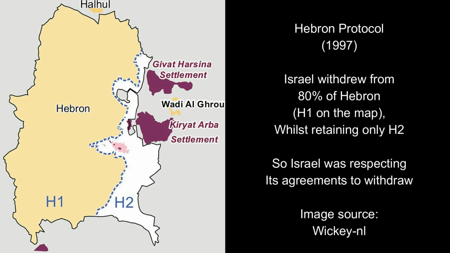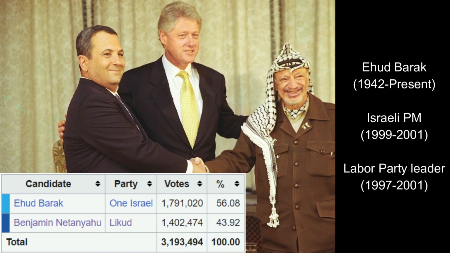So as a result, this ended up leading to the Hebron Protocol. This is where the Israelis decided that they were going to withdraw from 80% of Hebron in 1997. So 2 years after this, Ehud Barak, who was from the Labour Party, ended up getting elected again. So Bibi was out of office now. So again, it seemed that with the Labour Party being in, they were going to start moving more and more